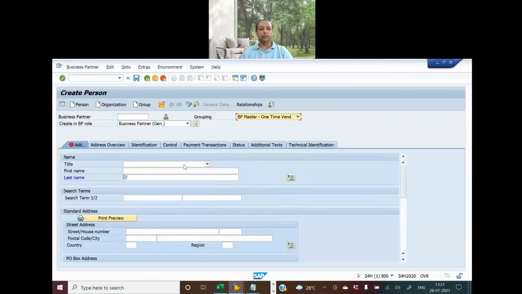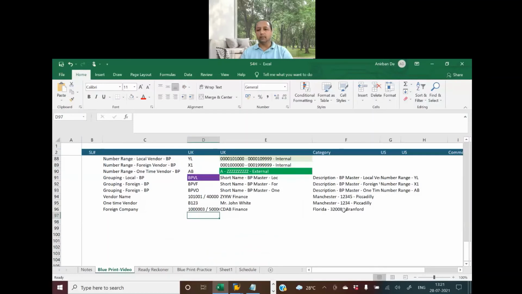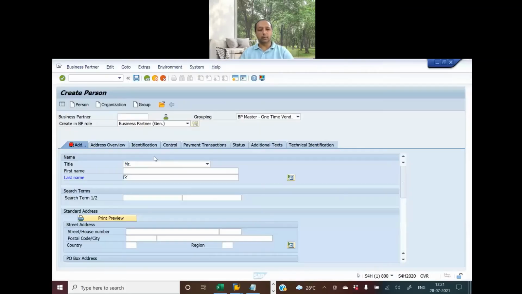I'll select this group, and then I'll say Mr. and then I'll see what is the name of the person. I selected it as John White, because Mr. has been selected before. So I select this John White, or sorry, White should be here,